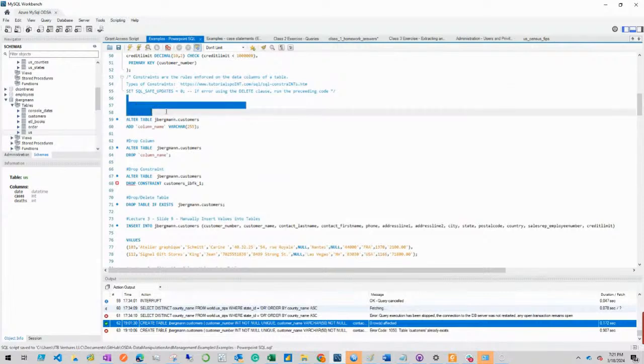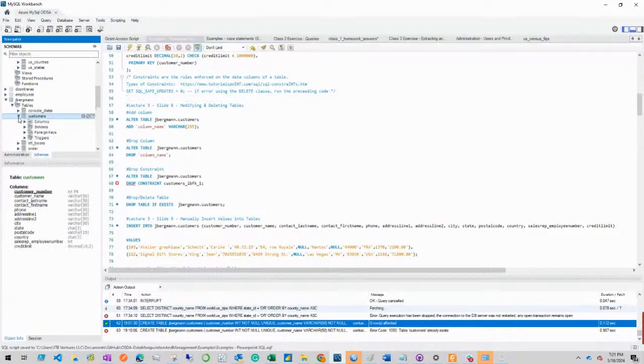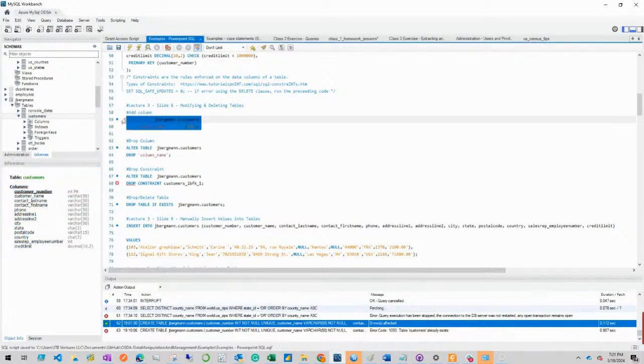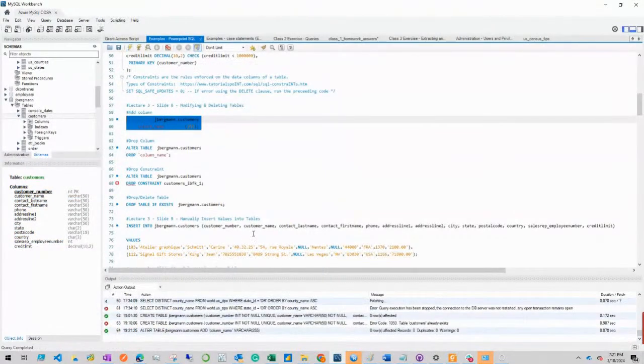But anyway, lecture 3, slide 8, modifying and deleting tables. So we would take a look at this. Right now you click on this, and it gives you information about the database object, which is a table named customers. So you currently have those fields. If you run this code, ALTER TABLE,